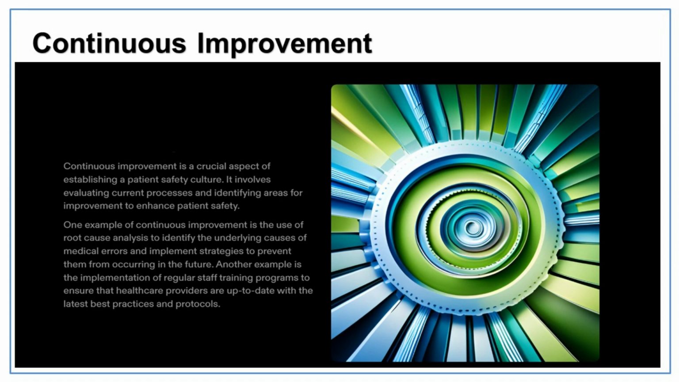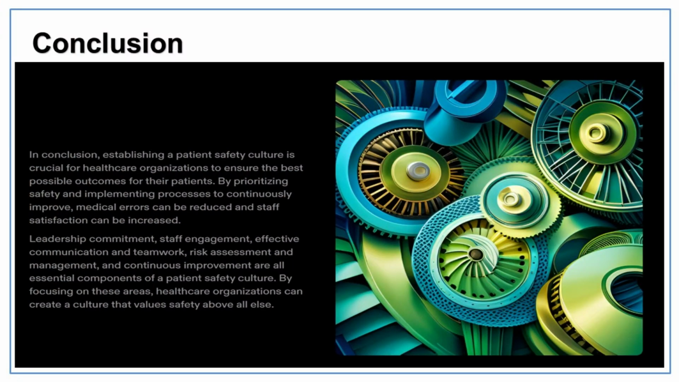It involves evaluating the current processes and identifying the areas for improvement to enhance patient safety. One example of continuous improvement is the use of root cause analysis to identify underlying causes of medical error and implement strategies to prevent them from occurring in the future. Another example is implementing regular staff training programs to ensure that healthcare providers are up to date with the latest best practices and protocols. So, the conclusion for the first core component: